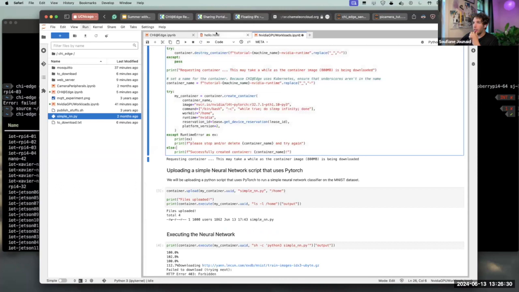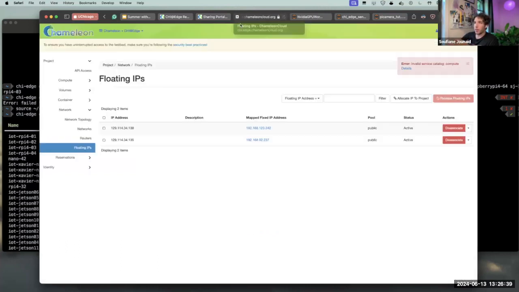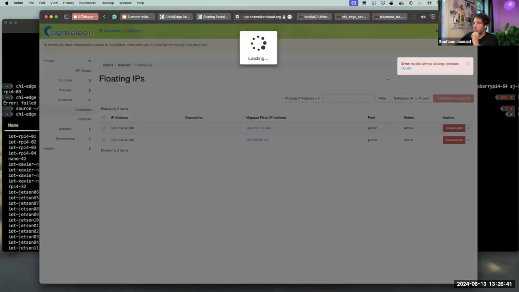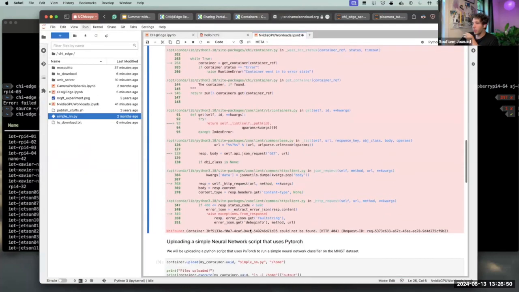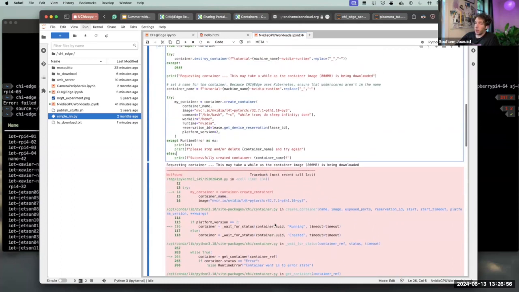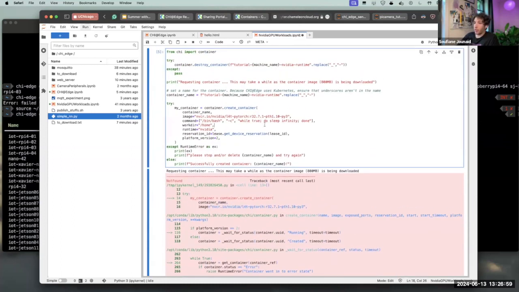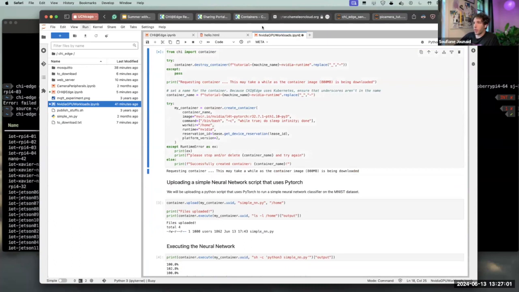Once you start a container here, I really recommend using a combination of both the programmatic interface, which is the Jupyter interface, and the GUI, because you can always go back here, go to containers, and see your containers over here. We can quickly see that, okay, sometimes there are some intermittent failures. This one's quite well known: the container could not be found. Really, all I recommend here is to restart the call, because sometimes